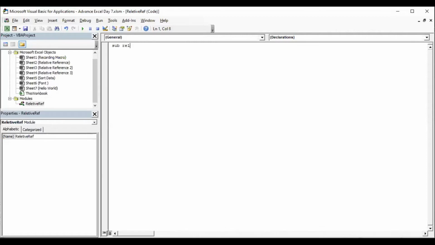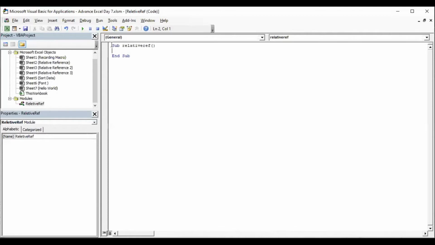So relative reference, we don't have to apply any space. Just that's it. The moment you hit enter, you can see it has automatically created this end sub. So whatever you do in the VBA coding environment is done within this procedure.